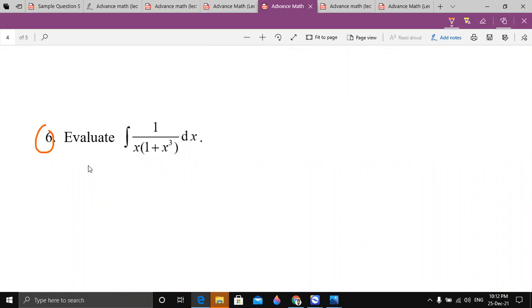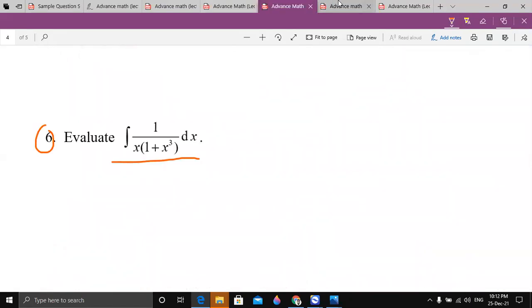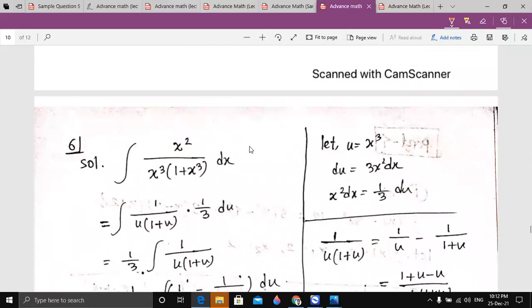Number 6. Number 6, we have to evaluate the integration of 1 by x into 1 plus x cube dx. So you can see that this function is very complex, right? So again we have to divide this, and okay, so we can use